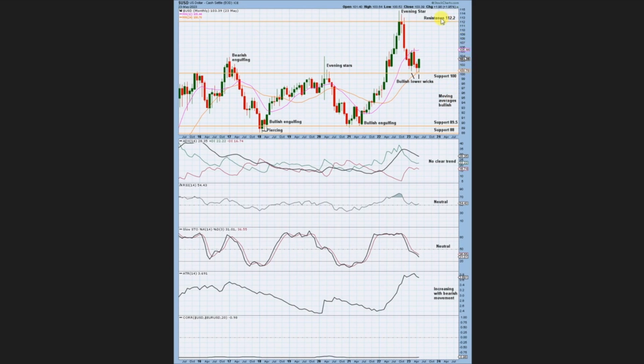Resistance sits overhead at 112.2, and we had an evening star at the top on the monthly chart for September 2022. Recently, we've also seen in the past few years these topping reversal patterns are quite reliable. Evening star over here, and then at the bottom we've also had a few reliable reversal patterns. ADX showing no clear trend, RSI is neutral, stochastics are neutral, and the average true range is increasing with the